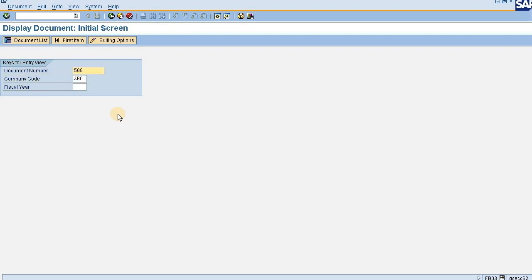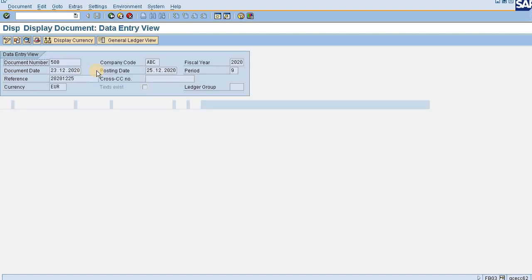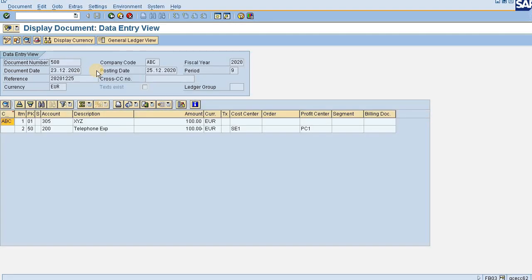If the document type is different, say it is the customer document type, that's why DR. If it is a vendor invoice, then the document type would be KR, and you can substitute in your own way as per your business requirement. Now the document is being displayed, and see the reference field is displayed here as per the posting date. So that has worked correctly as expected.